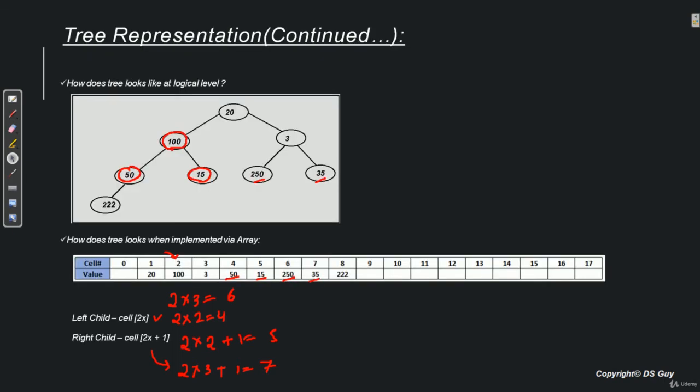Fine. So I hope you have understood how a tree is represented at a code level. So one is using an array, other is using a linked list. Now since both of the ways of representing a tree in code, that is array or linked list, are very different from each other, what we'll do is, we will learn all the standard operations of binary tree once using a linked list, and again the same operations we will learn using an array. So we will do this thing only once for binary tree.